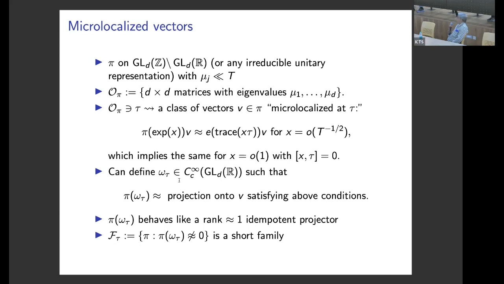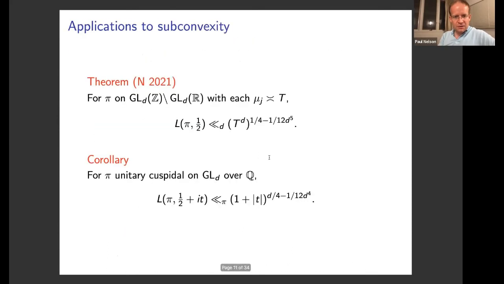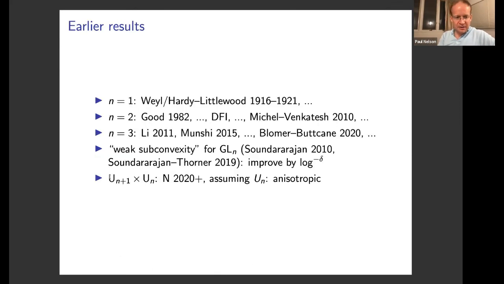Hello. Yeah. So my first question is, how can you extend this to the case of number fields? Here I presume you're just working with Q, right? Yeah. So let's address that question. So I mentioned very briefly this result that I have for U(N+1) times U(N)